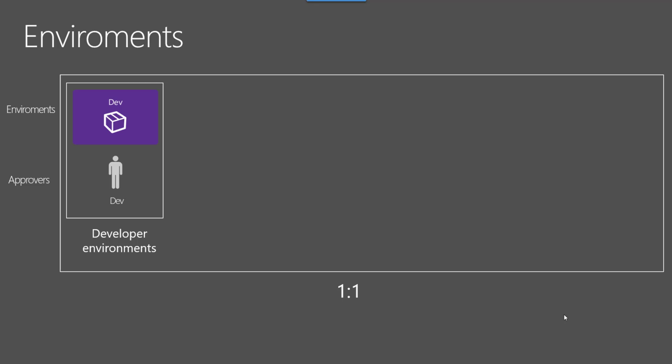If you have one development server, this will make a bottleneck, because, for example, if another developer wants to deploy to the dev server, but it's not available because it's occupied by another one, this will make a problem. So we should have a one-to-one relationship between developers and development environments.